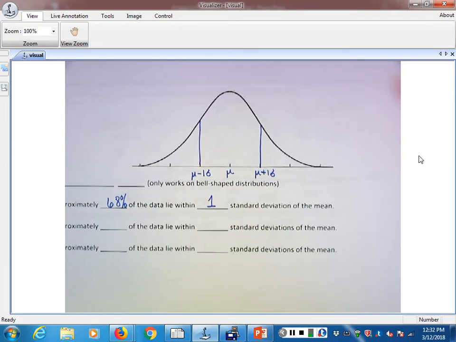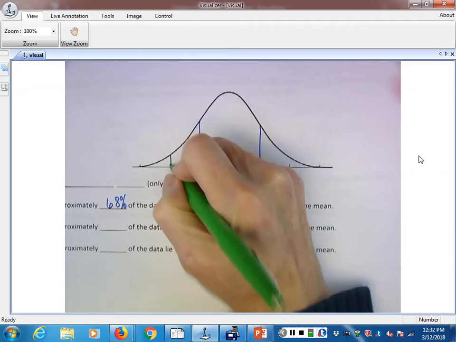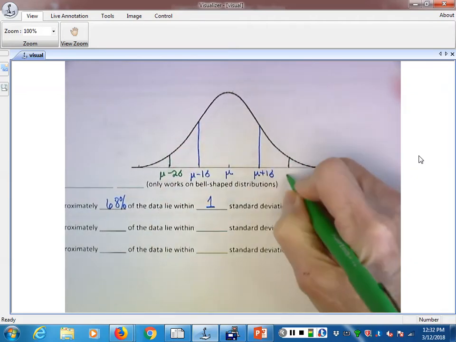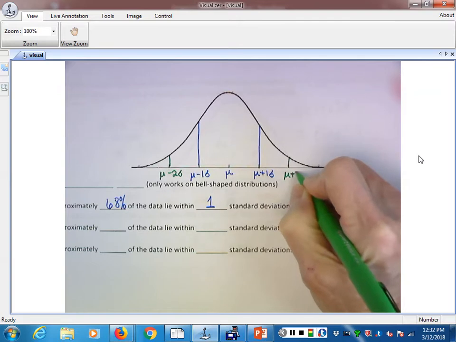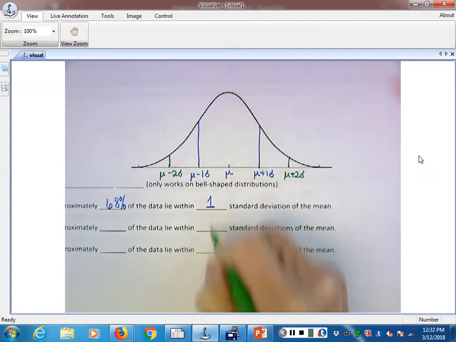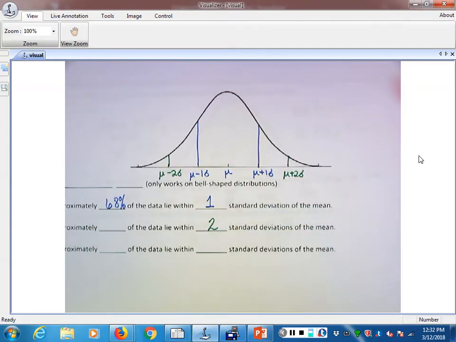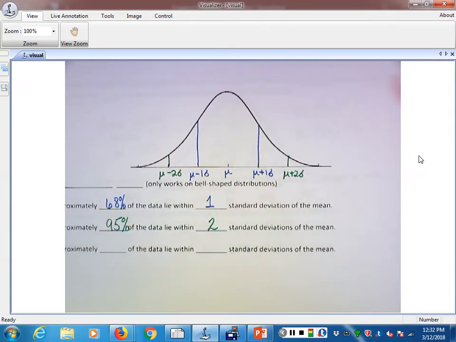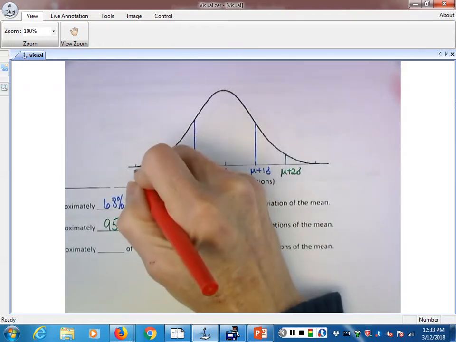So it'll always be 68 if it's in between the first, like, it'll always be those same numbers? Yes. Okay. And then the same thing, if it's the mean minus 2 standard deviations to the mean plus 2 standard deviations. Within 2 standard deviations, you have approximately 95%. Okay? And then if you go all the way out to 3,